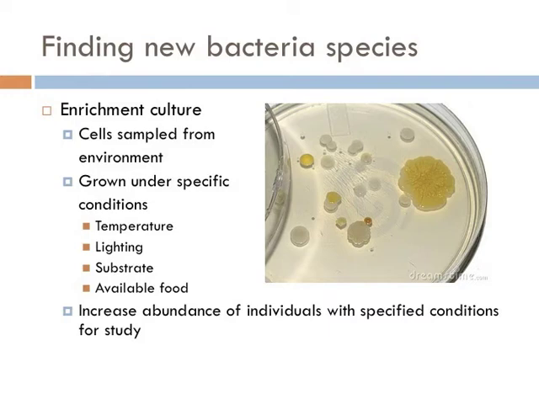So the cells are collected, but that's just the beginning. The cells are taken back to the lab where they have to be enriched. They must be grown, usually in a petri dish, into a colony, simply so there'll be enough of them to actually study. And here's the tricky part. Nearly all bacteria have to be grown under very specific environmental conditions. If you get one of these wrong, the bacteria won't grow.